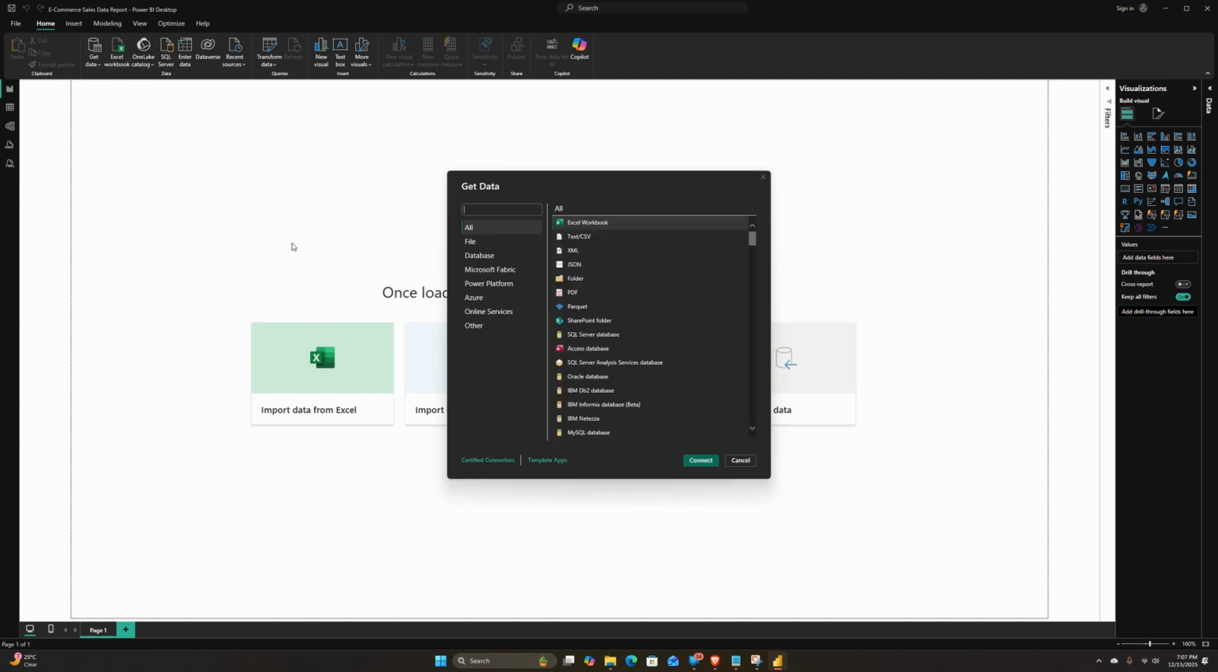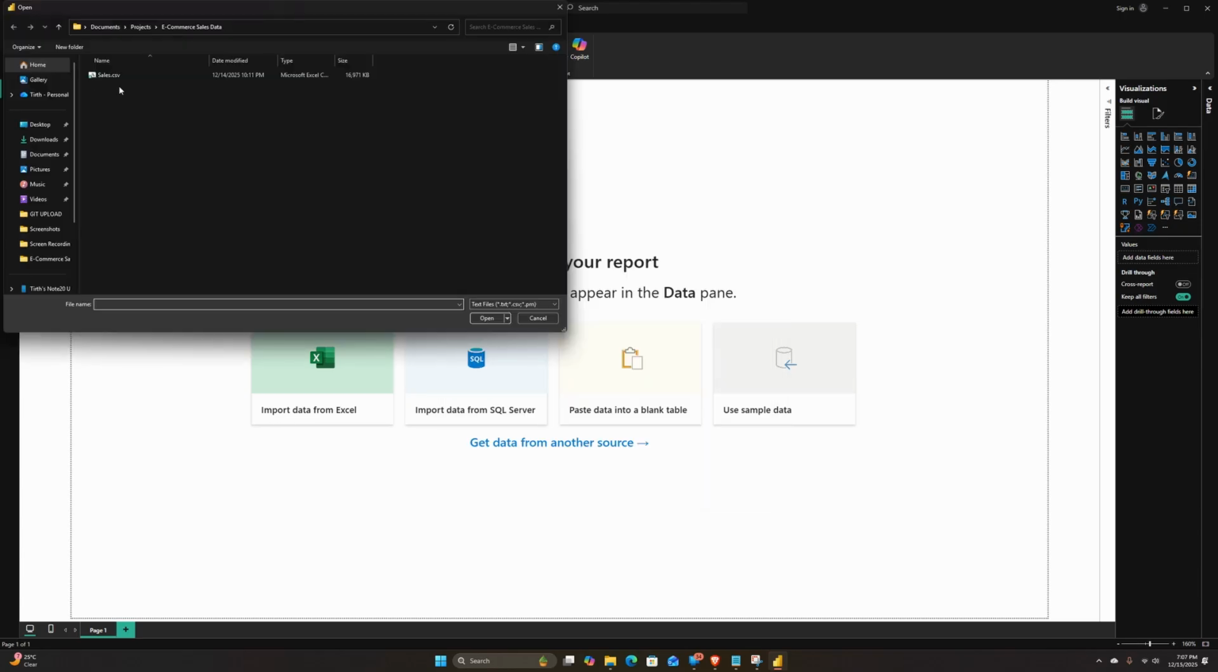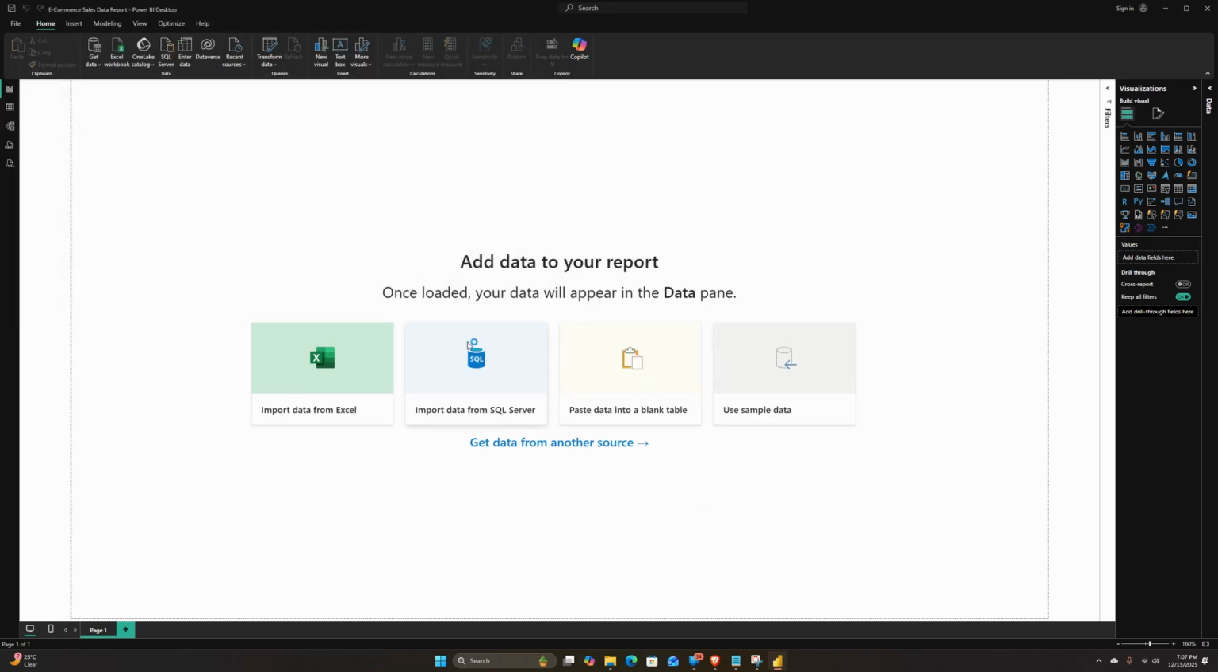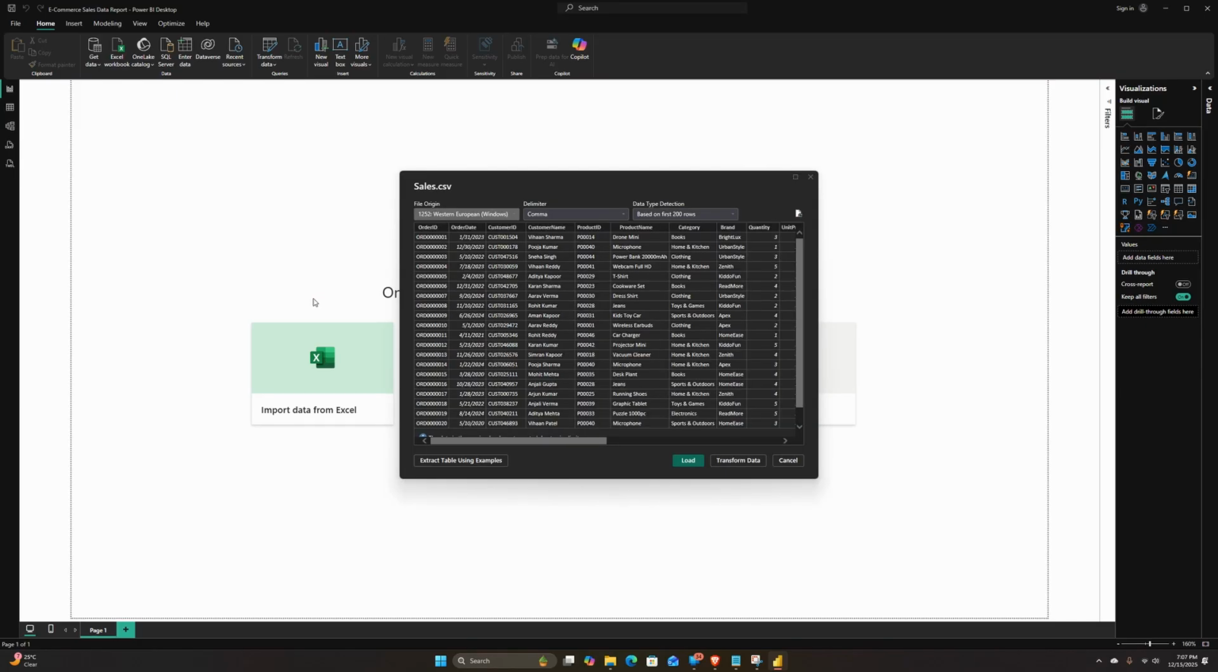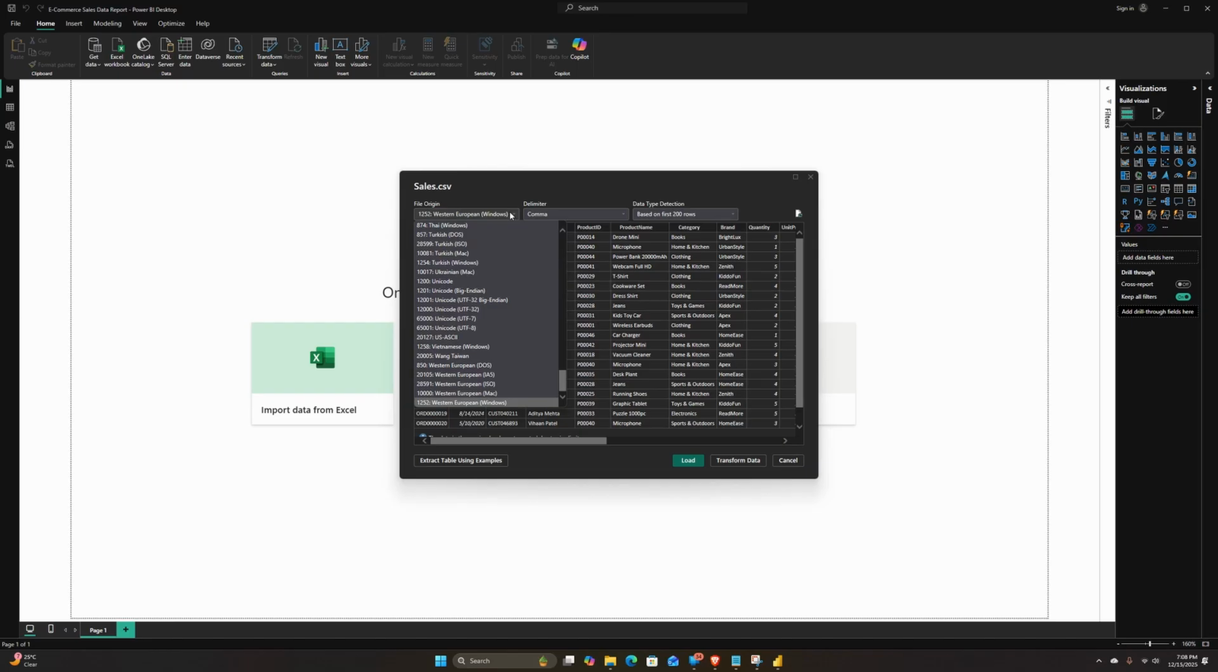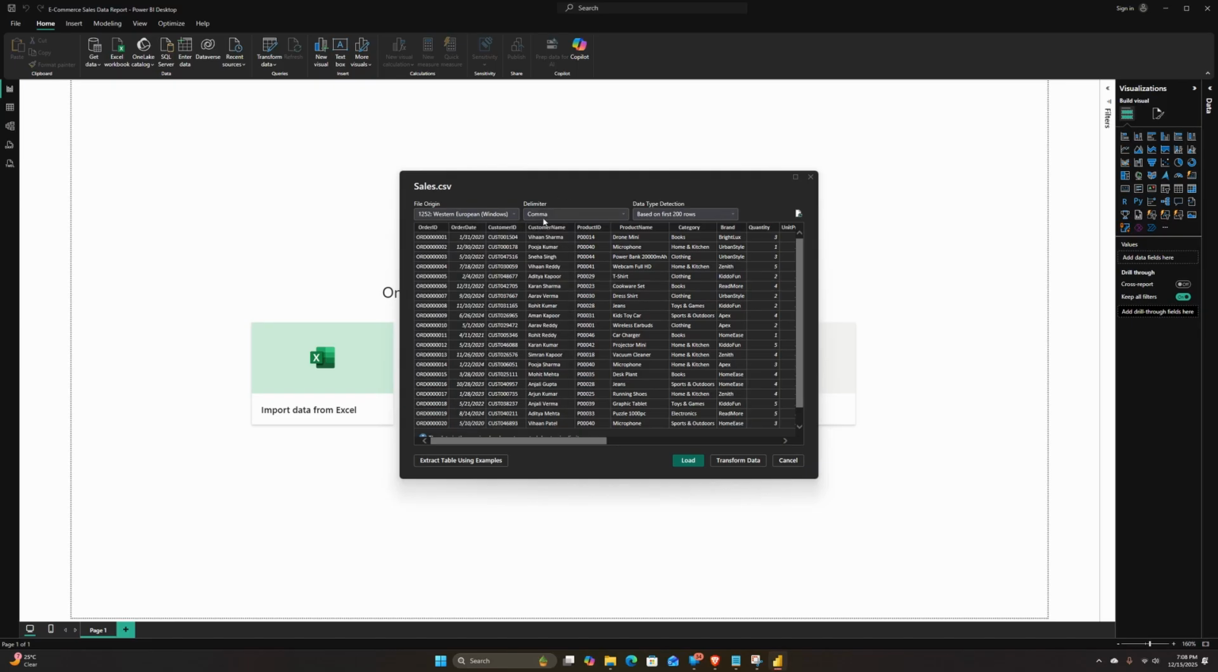Okay, now we're going to get the data, text CSV, and let's just select this. As you can see, it has fetched the encoding here by itself. Everything is done automatically. We're just going to first transform the data,